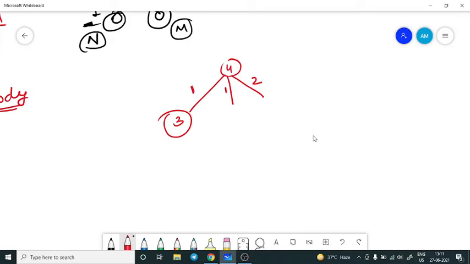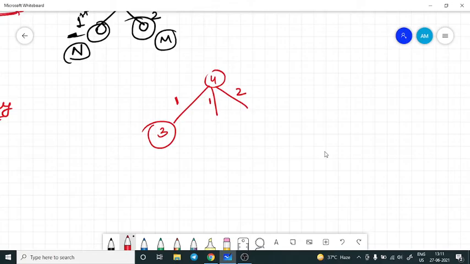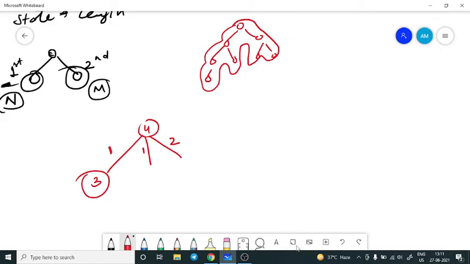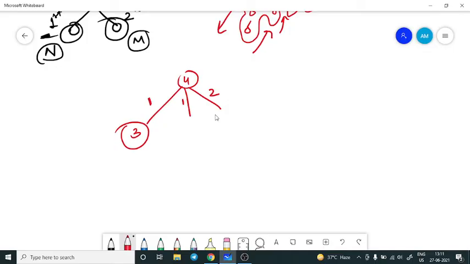And again, as a recursive function works in a DFS manner, right? Why DFS? Suppose I draw this recursion tree, so it will first of all go in this manner. This is how DFS or any recursive function works. It starts from this one, this one, this one, and then it goes in this direction. So basically it covers all the left subtree first, and then goes to the right subtree. So similarly here we have 3.